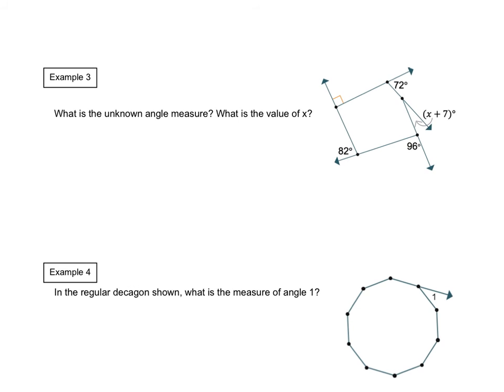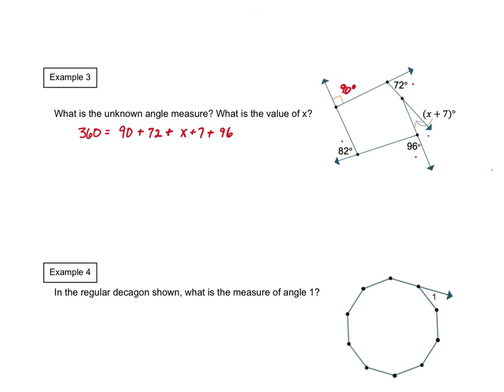It says, what is the unknown angle measurement and what is the value of x? Okay, well, in the exterior angle sum theorem right here, we said that all of my exterior angles of a convex polygon will add up to be 360 degrees. So I know that they're going to equal 360 degrees, and let's just start filling in some of those angle measurements. I have 360 is equal to 90 plus 72 plus x plus 7